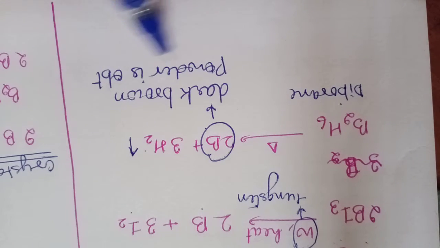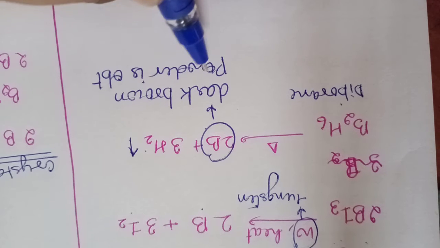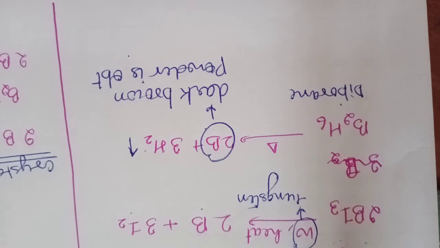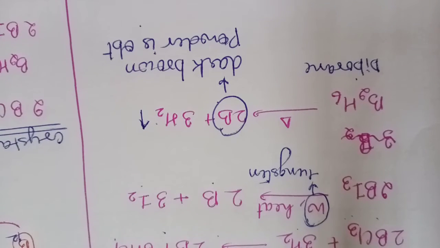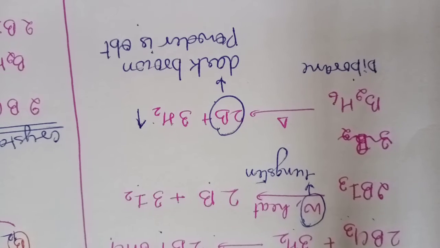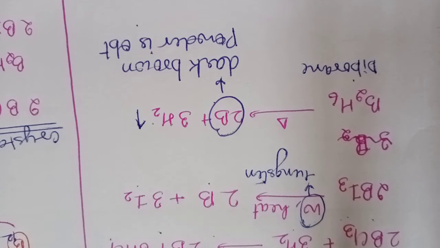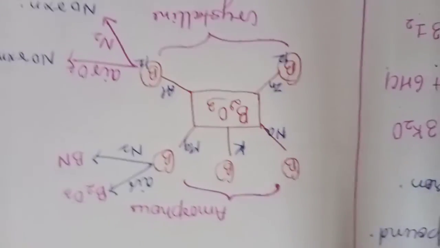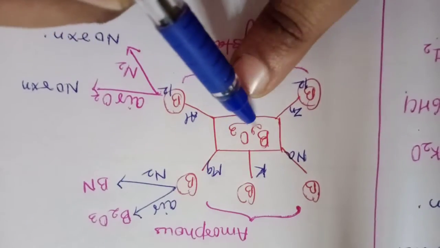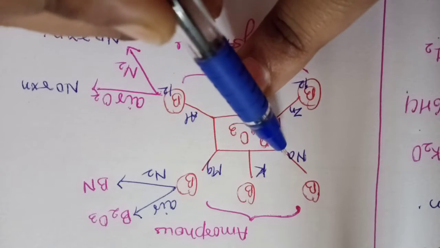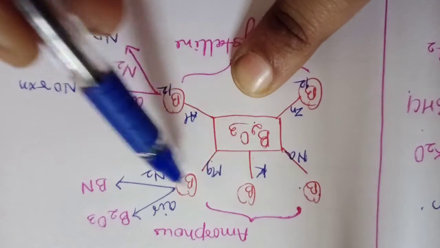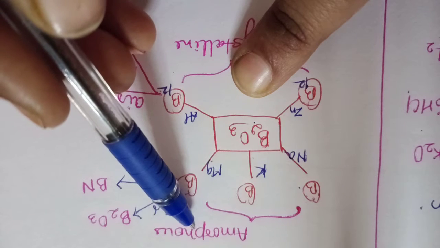Now this boron which is formed here in the pure form is a dark brown powder. Dark brown powder of boron is obtained actually. Now there are two types of allotropic forms of boron. One is amorphous and the other is crystalline. So how is the amorphous formed? If we treat boron oxide with sodium, potassium, or magnesium, pure boron is formed here, which is amorphous in nature.